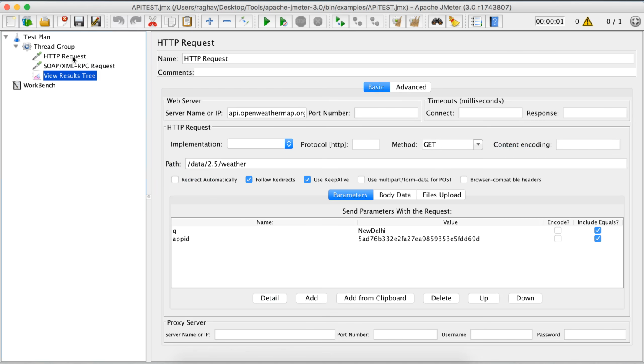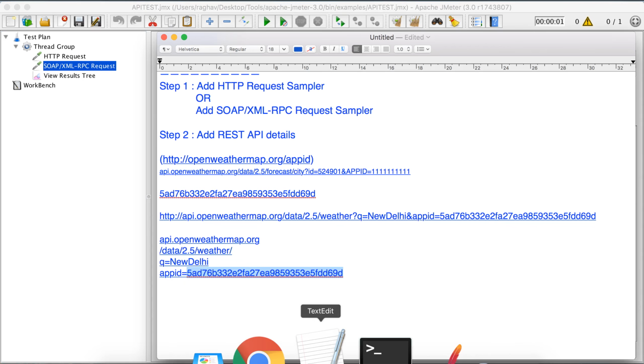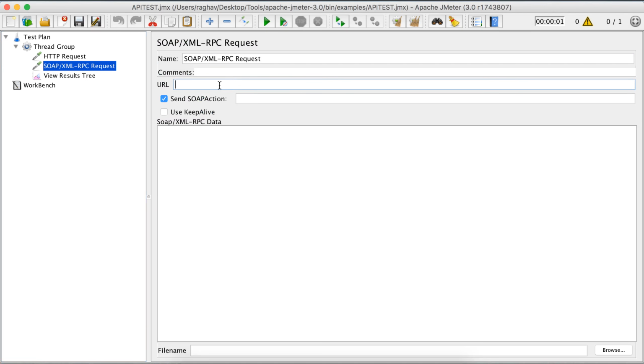Okay, now see, how do we add this to this particular SOAP XML RPC request? In that case, I can actually give this entire URL. I do not have to divide it like I did before. I can give this entire URL here, and I will uncheck this.